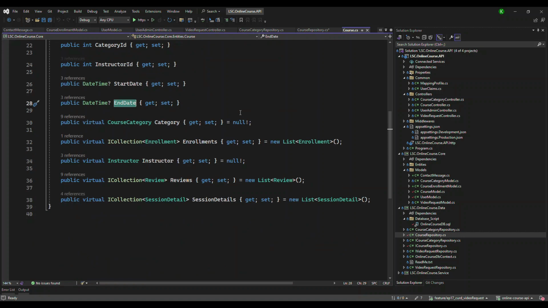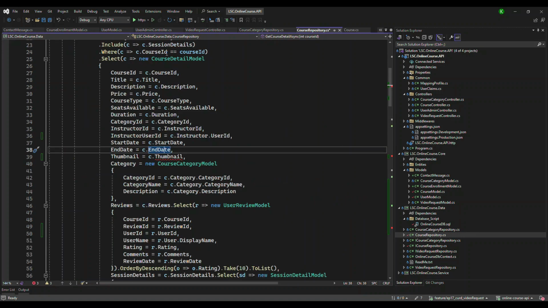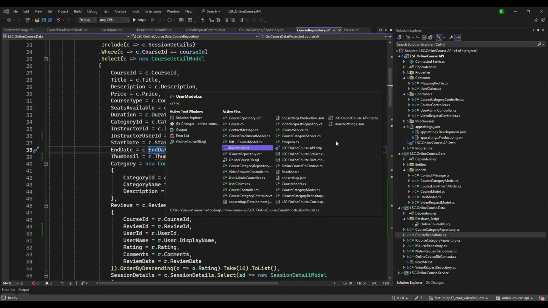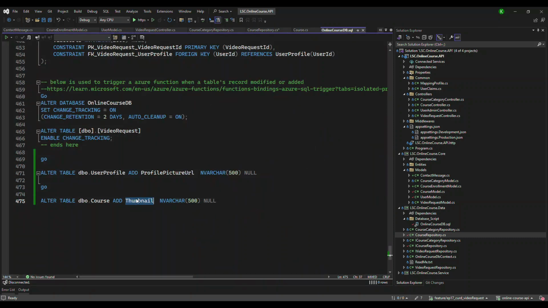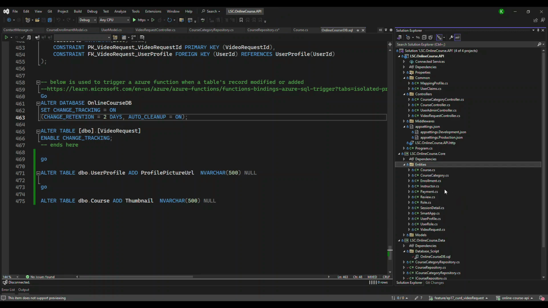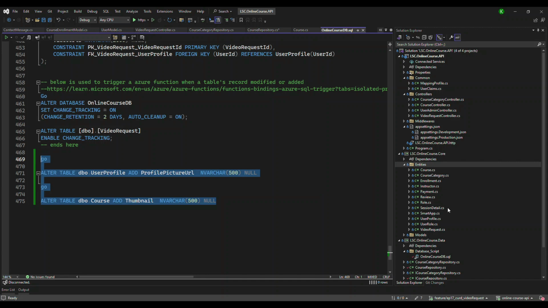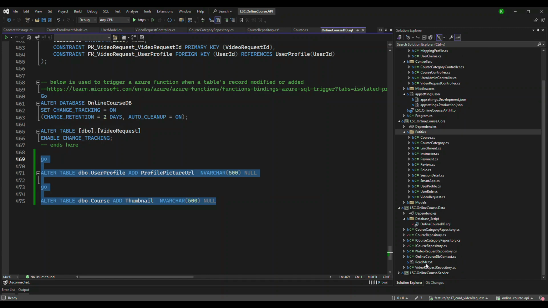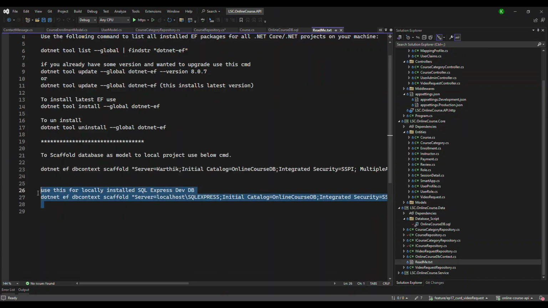So thumbnail is the one that we added recently. If you remember, you see this is the new one that we added, right? So we need to update the entities as well, which is here. In order to update the entities, all you have to do is make these two changes in your database, and then follow this to regenerate the entities. Or you can take the entities from the code that I'm giving, which is equivalent,